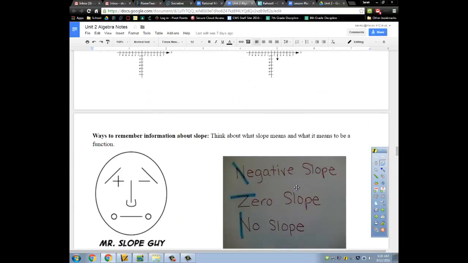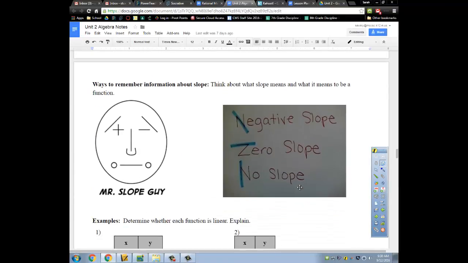Okay, we have 2 more problems on the back. Before we get to the 2 other problems, I wanted to show you these 2 pictures. Some people like visuals. So if your graph looks like this left eyebrow, it's a positive slope. If it looks like the right eyebrow, it's a negative slope. If it goes straight up and down to make your nose, it is undefined. If it goes straight left and right for the mouth, it's 0. And then also there's a trick with how do you write -0 and no slope. So negative slope, there's a slant going down with the letter N, 0 slope going left to right, and no